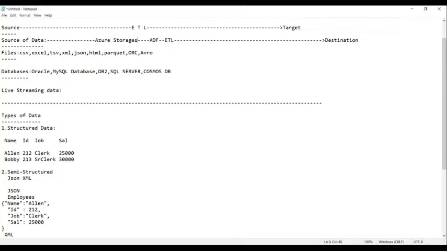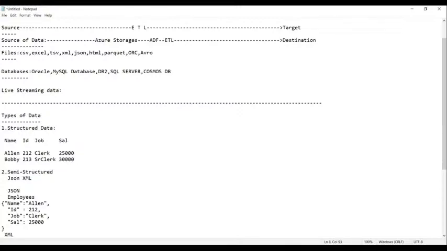From the Azure storages, the data will be picked up by ADF, that is Azure Data Factory, and ETL will be performed using Azure Data Factory. Finally, the data is sent to the destination.